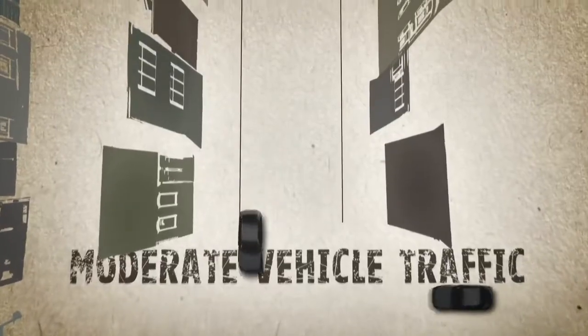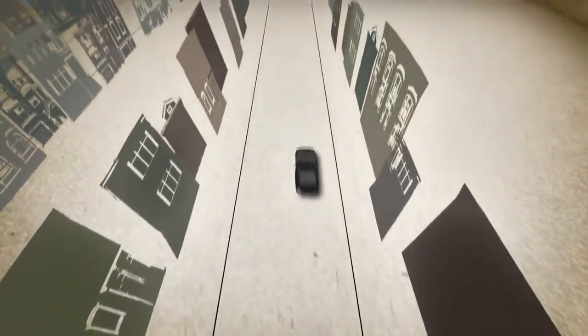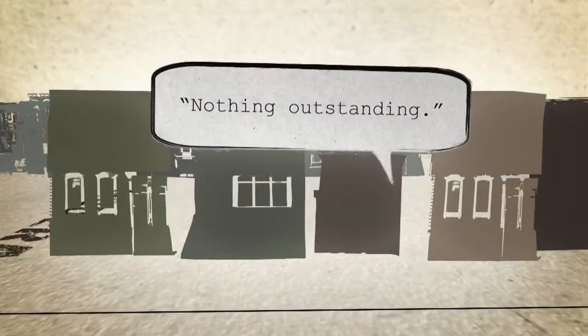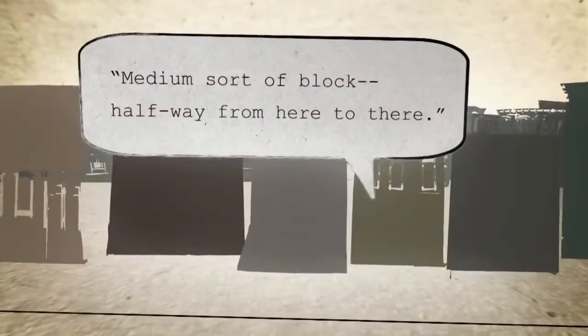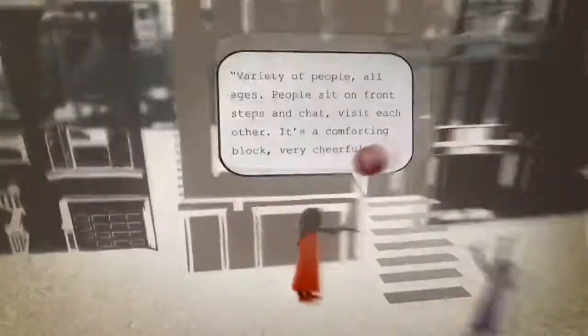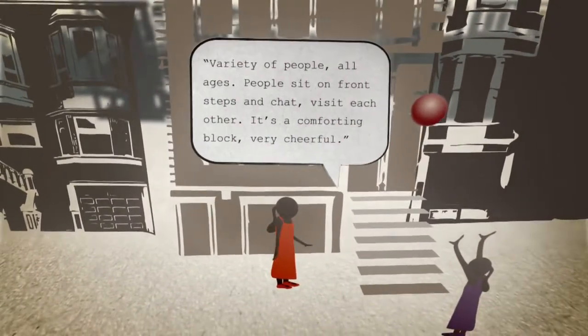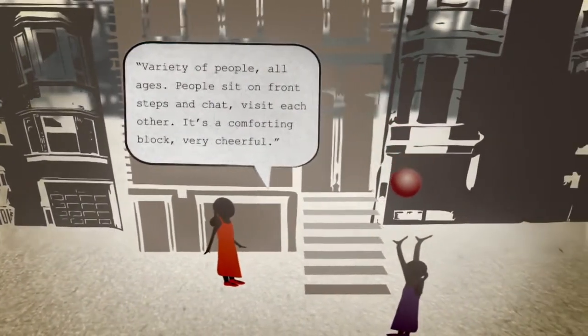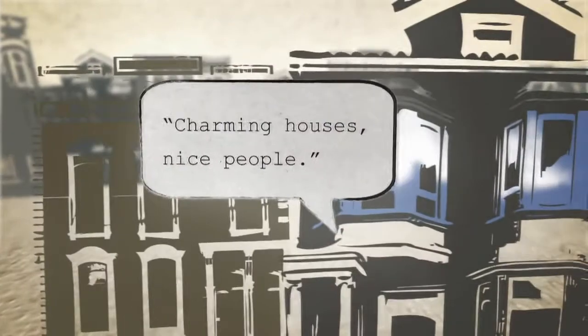As you start getting to the moderately trafficked street, people start drawing more details about the specific buildings. And when you get to the lightly trafficked street, people start including details of buildings, plantings, things like that, that people just know their street a lot better. When they picture it in their head, they can picture lots of details, lots of nuances.